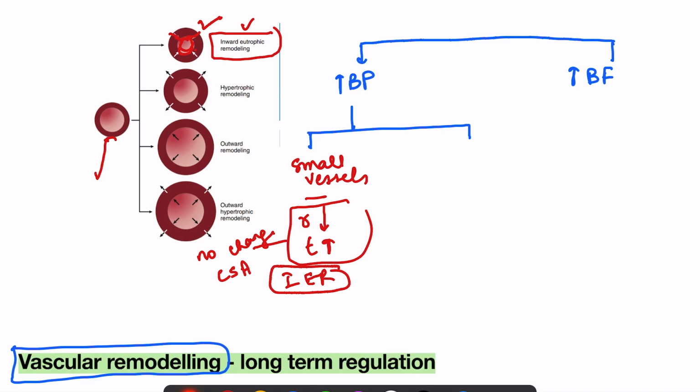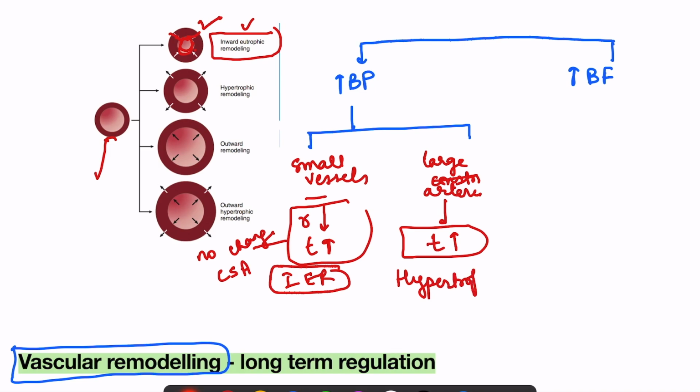Then second is in large arteries which do not constrict in response to increase in blood pressure. Okay, in large arteries we see that only the thickness is going to increase. They do not constrict, there is no change in the radius. Okay, so that is why in remodeling also there is no change in the radius, it is only the thickness which increases, and that is known as hypertrophic remodeling. And here this diagram is showing that, see, the thickness of the vessel wall compared to this has increased, radius is same. So that means there is increase in the cross sectional area.